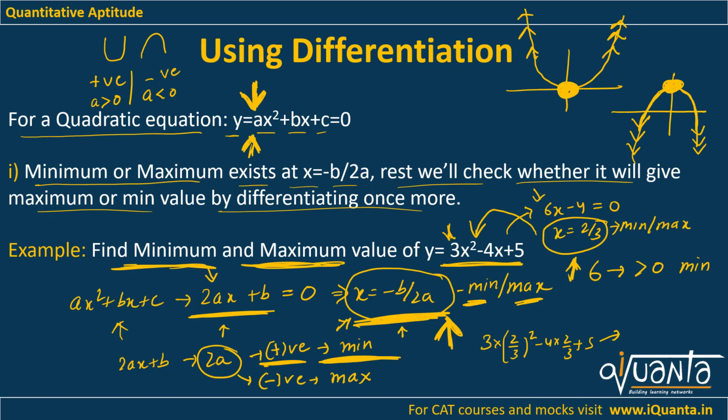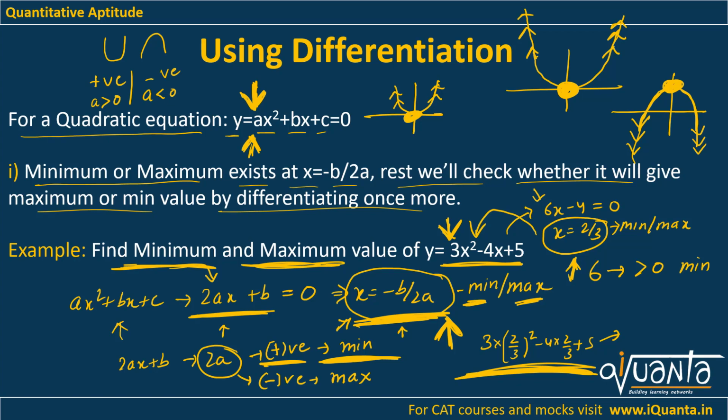So the equation that we have is 3x square minus 4x plus 5. A is positive over here. A is 3, which is positive, right? This 3. So its graph will open upwards. So its minimum is defined, which we just calculated over here. So its minimum will be at this particular point. But since this graph opens upwards, it will keep going upwards. Its maximum will not be defined, right? So its maximum will be plus infinity.